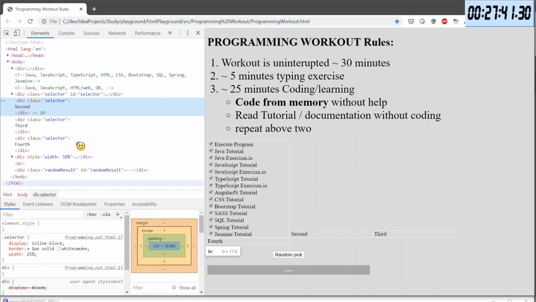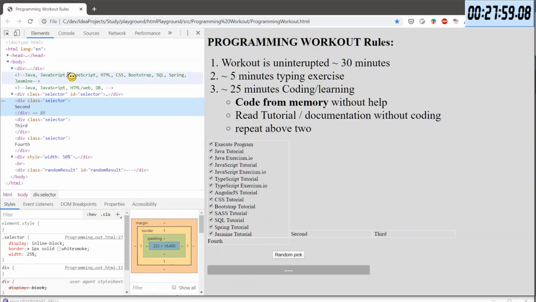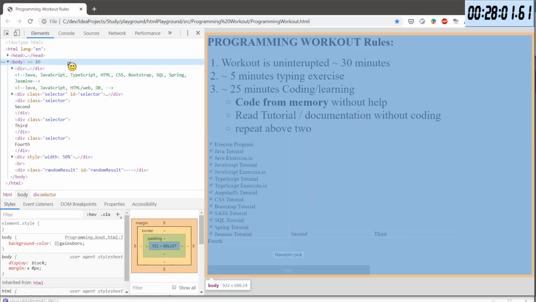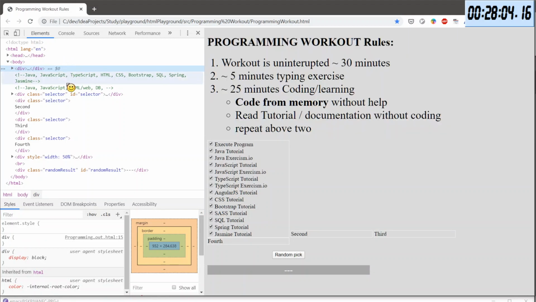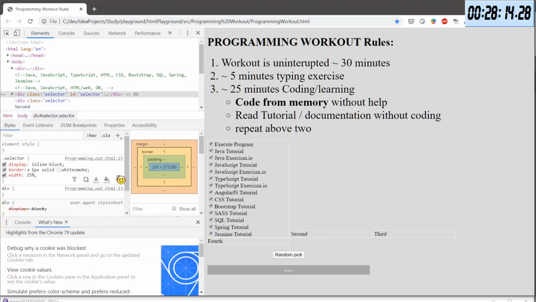So there's a border, there's a width, and I want it to fit.